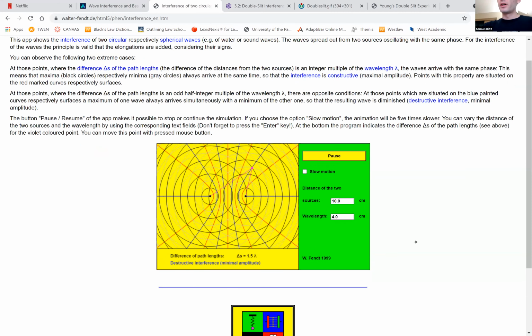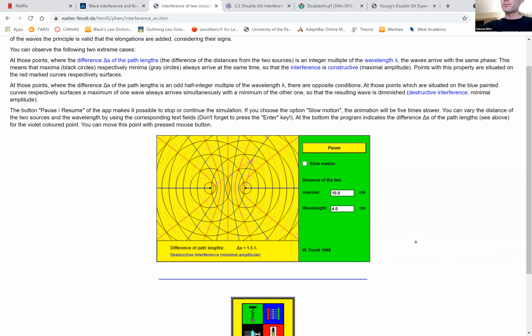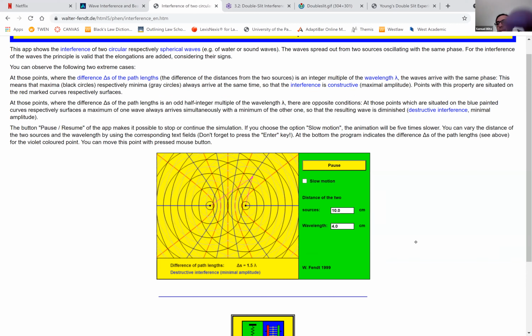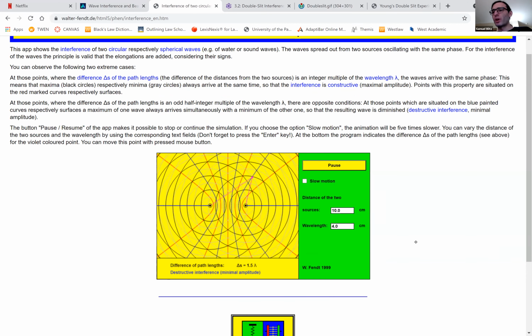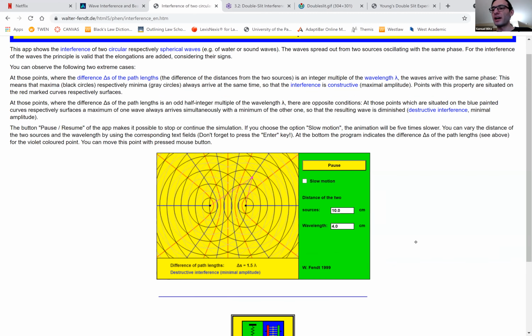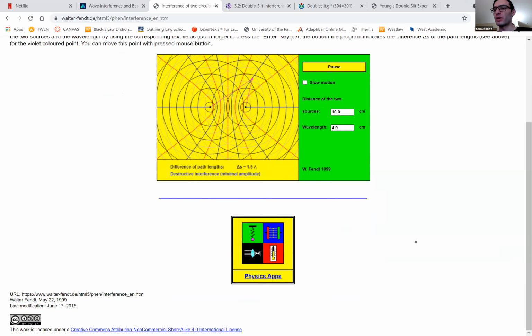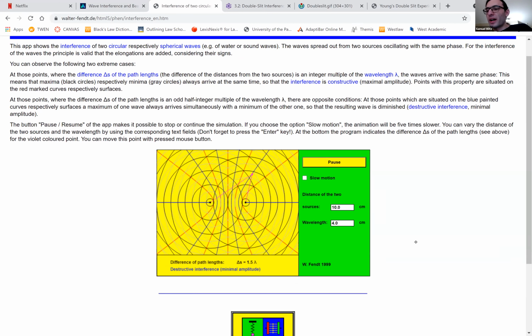So this is a picture of what happens if you have two sources in two-dimensional space, right? So in this case, between them, it's just as if it were one-dimensional. So you see that we have, oh, this is not the one. This is fine. So one thing that you can see is that you have